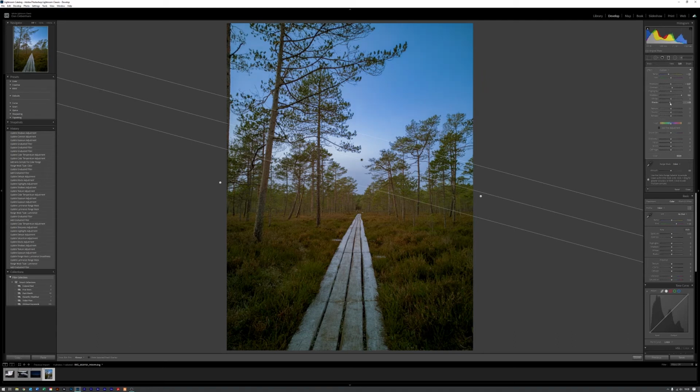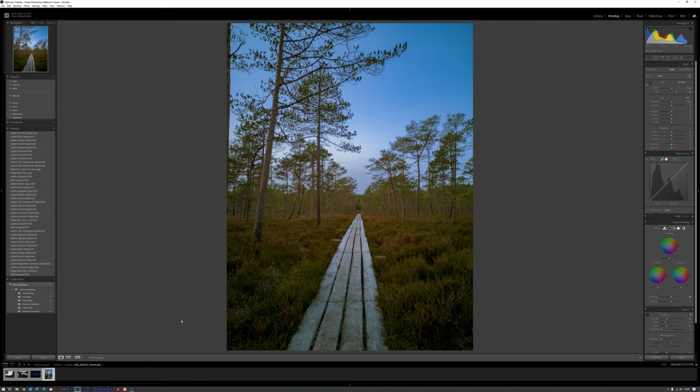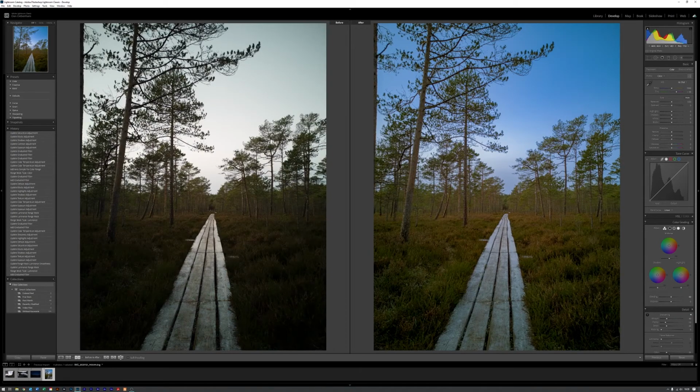Let's have it as 5, and we'll also boost the saturation of it a little bit, maybe by 10, like so. And then if we go back and check what our image is doing, we can see we've added a bit more blue in there, so it's no longer like an overcast sky, it's more of a blue sky, and it's a bit warmer, and there's a little bit more going on.